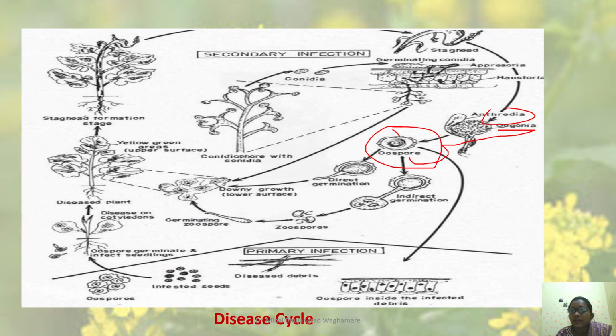So it can act as restricting spores inside the soil debris, and it can survive for years. And again, when the host is available with favorable conditions, it will germinate and continue the life cycle and lead to the infection. Otherwise, it undergoes indirect germination and forms the sporangium, and the sporangium structure